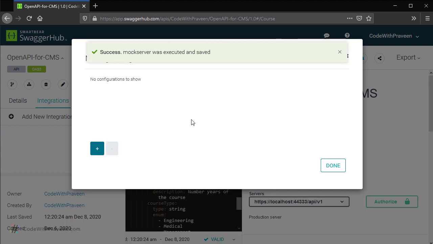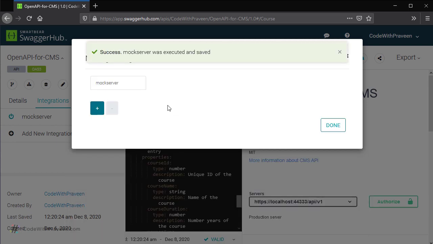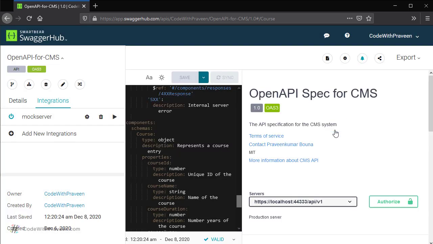Once you do this, you can see a message the mock server was executed and saved. Then you click on the done button. Once it is added, we can see an entry under the integrations, namely mock server. This is the button where it refers to the execution. In case you had chosen only the create option, then you can come over to this icon and then execute.